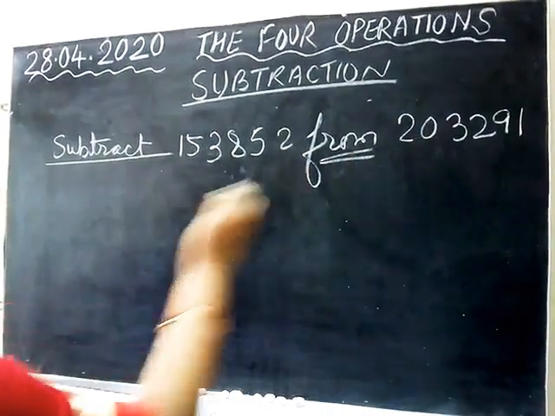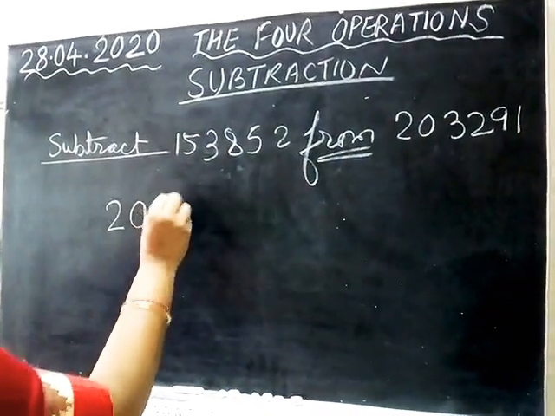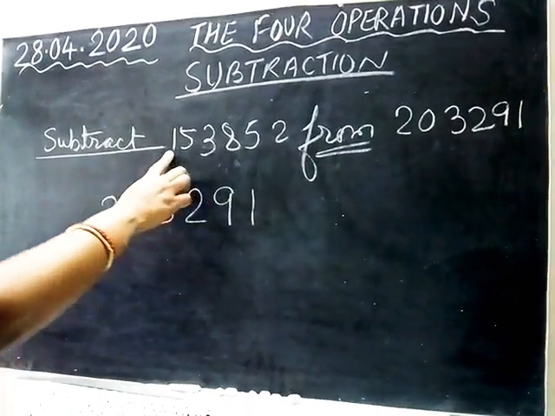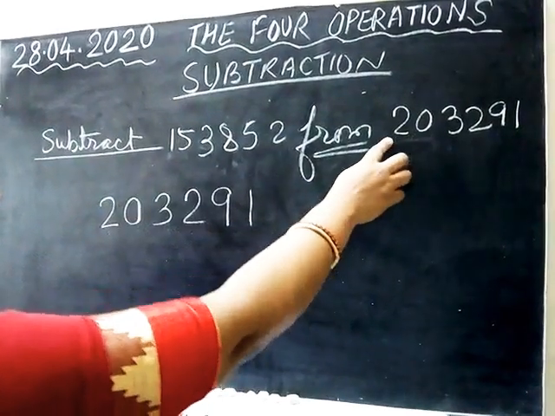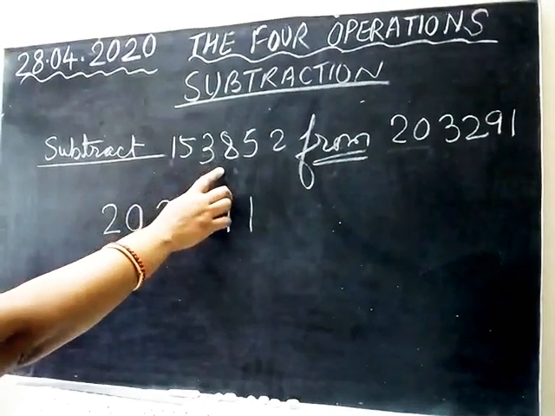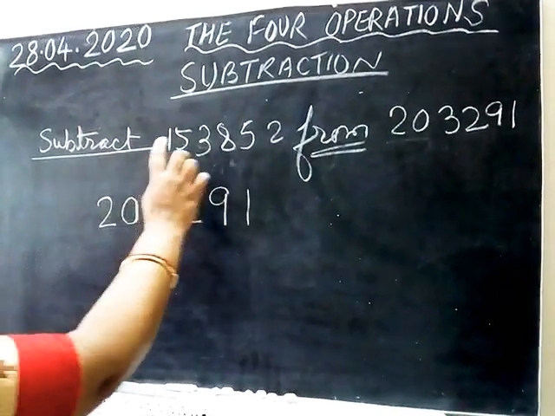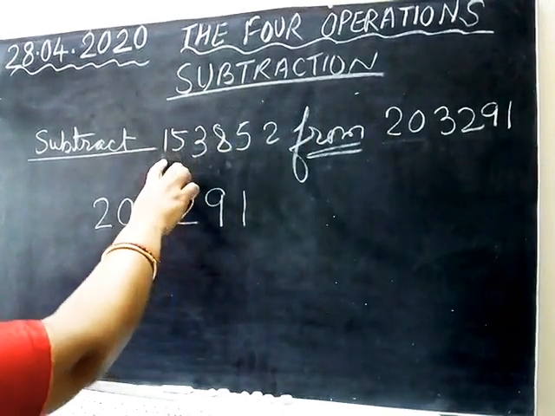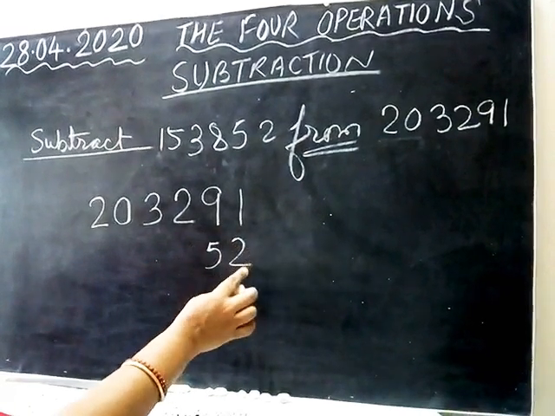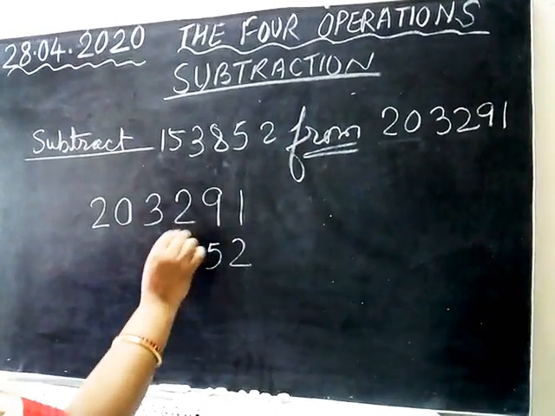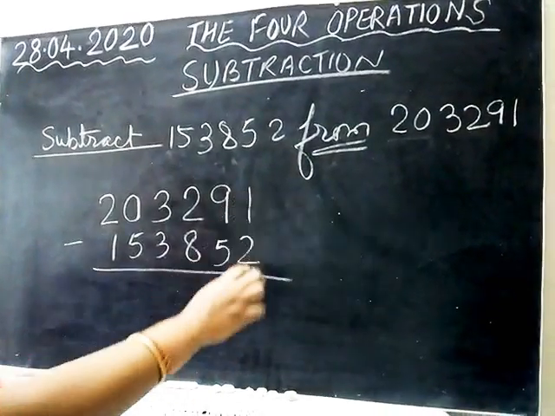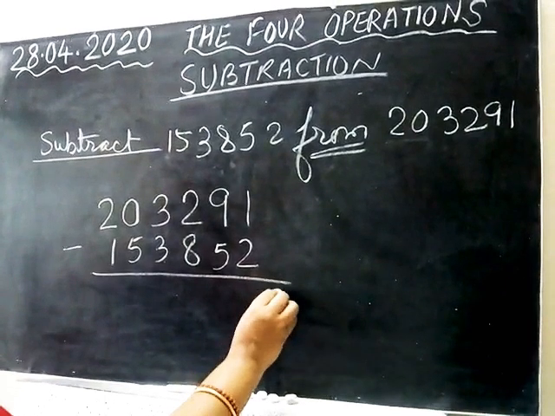So first this number will be written, and here also you have to take care that greater numbers are always up, because this is the smaller number. See, here is 2 lakh and here is only 1 lakh. So we cannot subtract 2 lakh from 1 lakh. So this will be written first and then we will arrange this way. Again I will repeat, start arranging from ones place. Then 8, then 3, then 5, and this way we will find out 11 minus 2, 9,